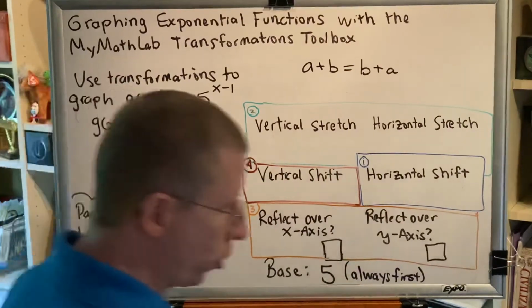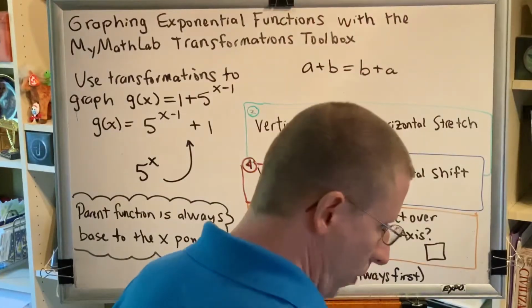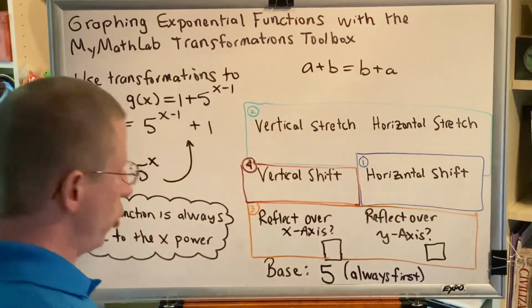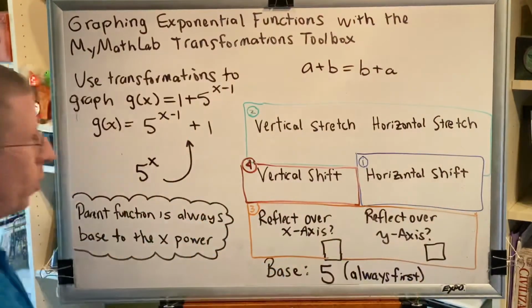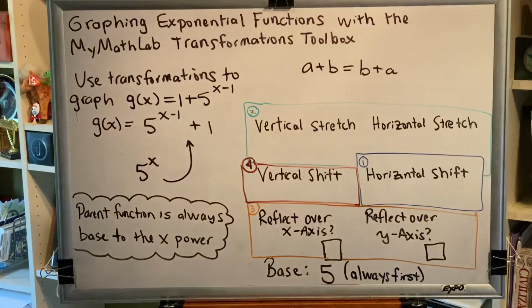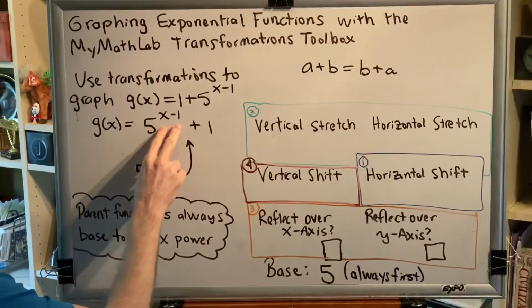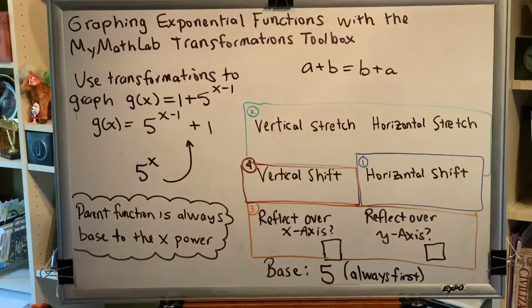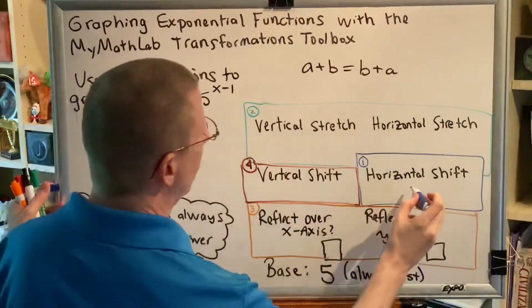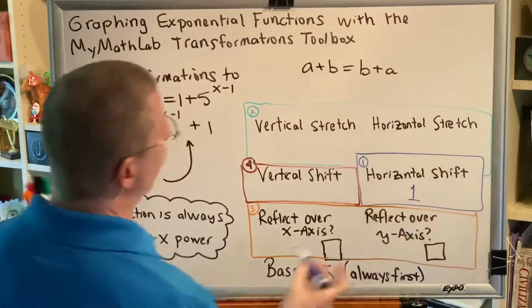Now go through your transformations in the transformation order. The first thing you should look for is horizontal shifting, which is adding or subtracting inside, close to x, which we have here. This x subtract 1 represents a shift to the right, and therefore we use a positive 1